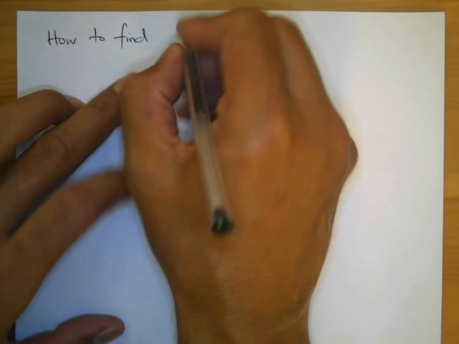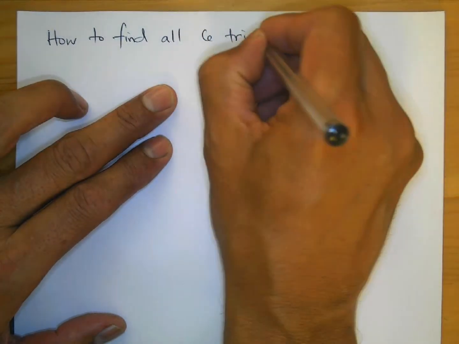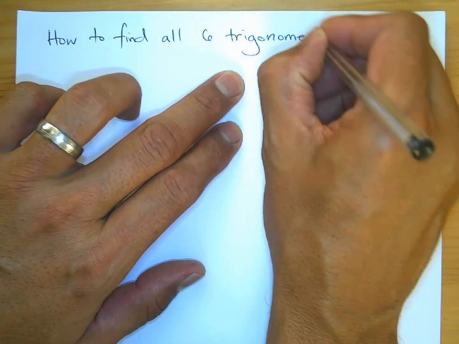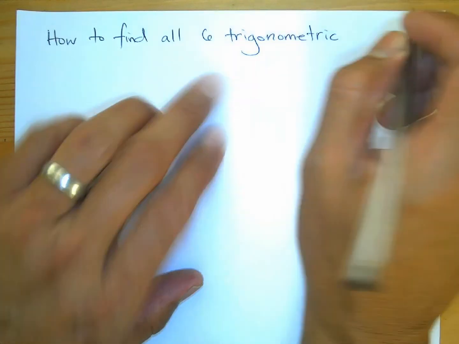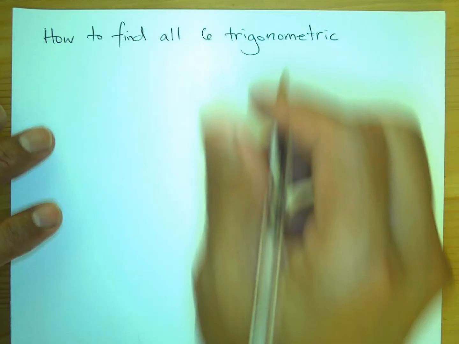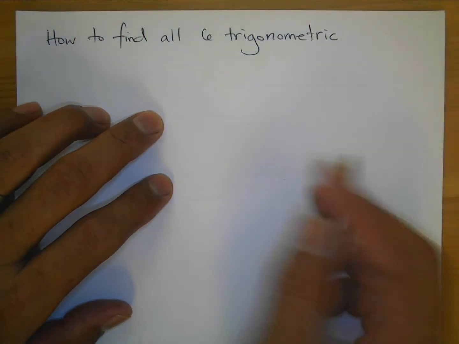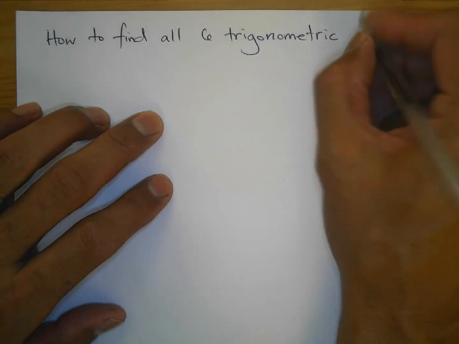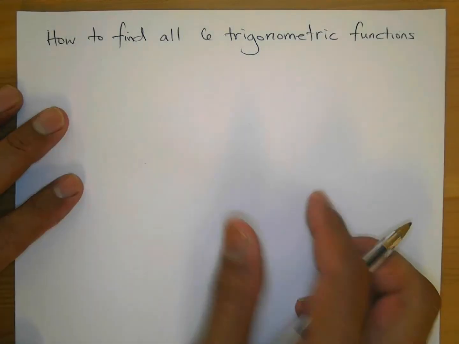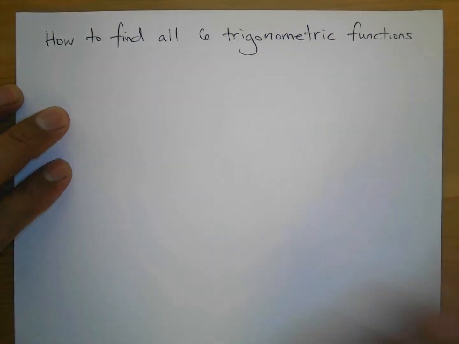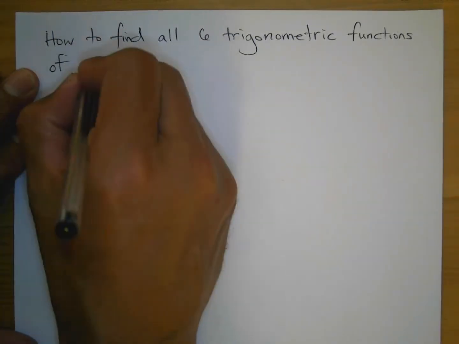How to find all 6 trigonometric, which we say trig, right? We just say short trig, but it's how to find all 6 trigonometric. Sometimes they'll say ratios or functions, but they're meaning the same thing. I'll write functions for today. But it's the same thing as ratios. How to find all 6 trigonometric functions, and here's the condition of a